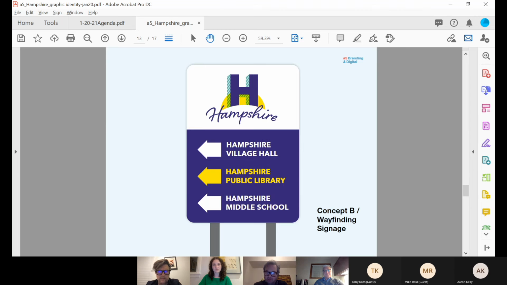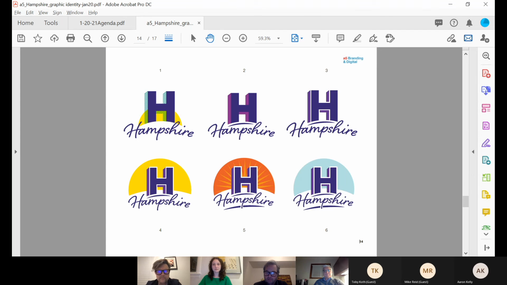And a sample wayfinding sign, same design as the previous one, but showing context for a sign, and additional colors. And then we have just a couple. We wanted to open this up to explore what this might look like, just with some other options on that. Dimensionality, color. Do we need the sun? Does the sun change into a sky, as in number 6? So this is just some exploration on this concept.